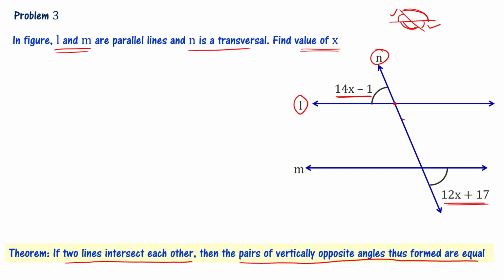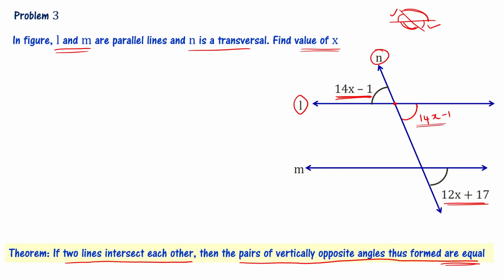You see now we have a vertically opposite angle that is equal to this angle, 14x minus 1. Understood? Based on the point that vertically opposite angles are equal, we could write that this angle